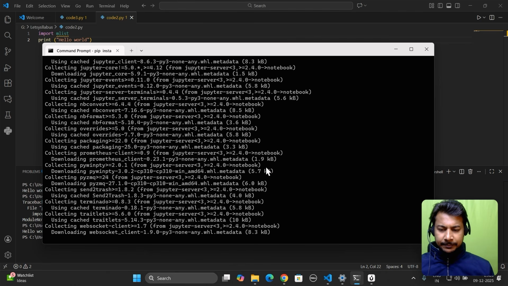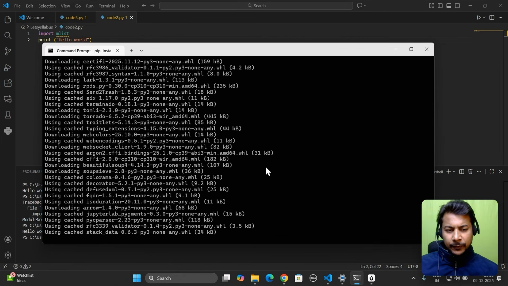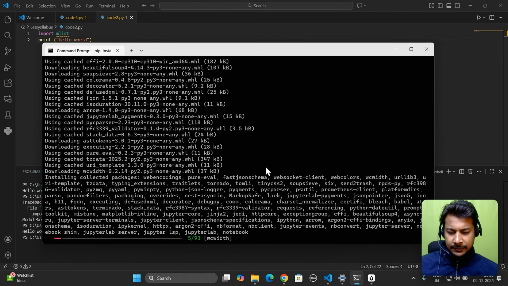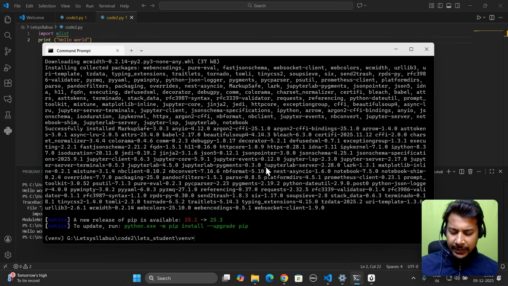So it is taking time. It depends upon your network speed. Okay, so all the modules are installed. Now it's time to run the Jupyter Notebook. So here in the virtual environment, type the command